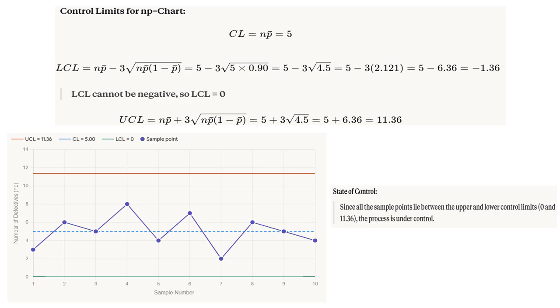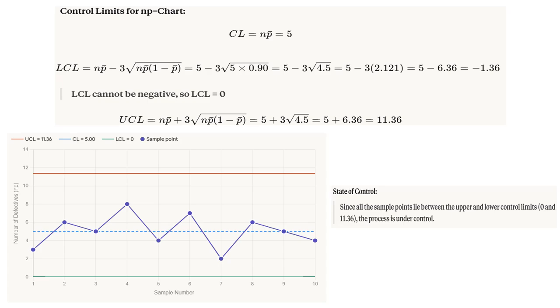From the above values, we can find the control limits for the NP chart according to the formula. The central line is going to be NP, which is 5, and the lower control limit is going to be minus 1.36. So we cannot use any negative values while drawing the control charts. Therefore, we consider the lower control limit to be 0 and the upper control limit is going to be equal